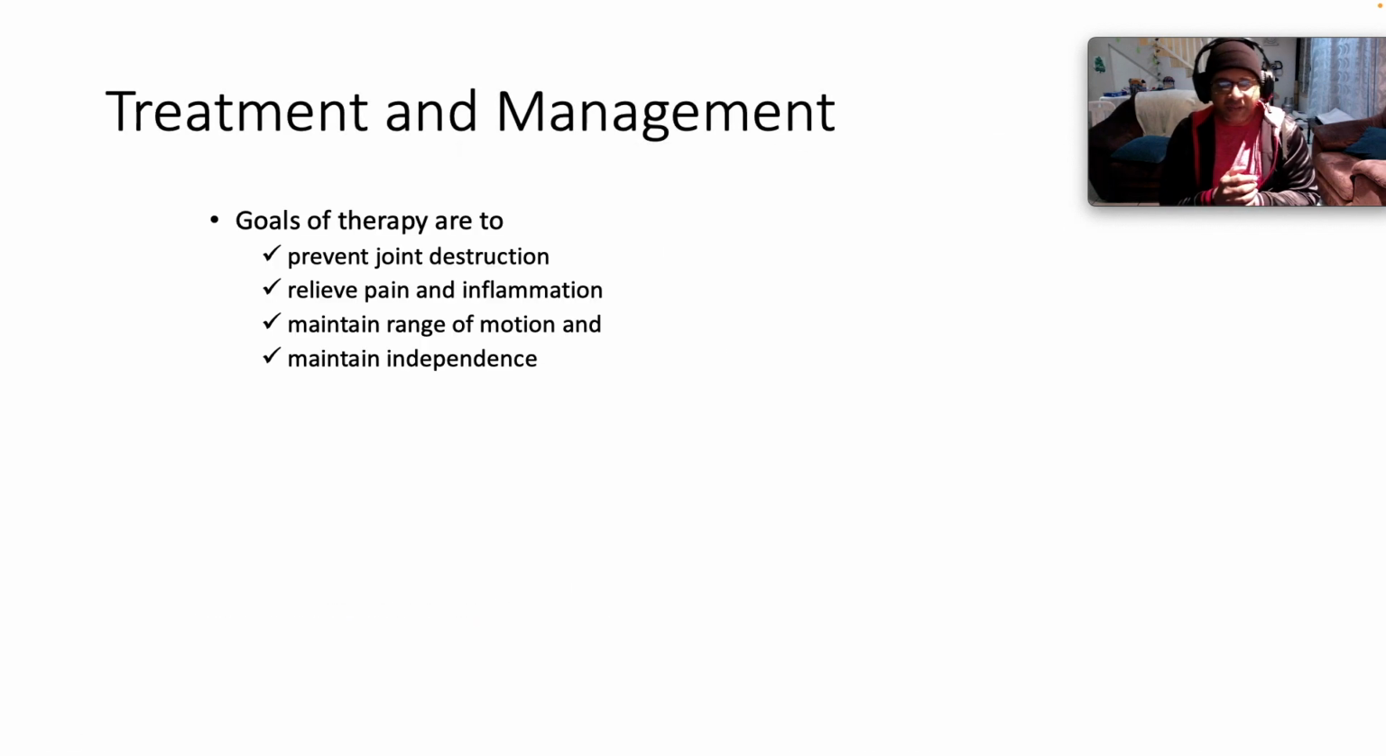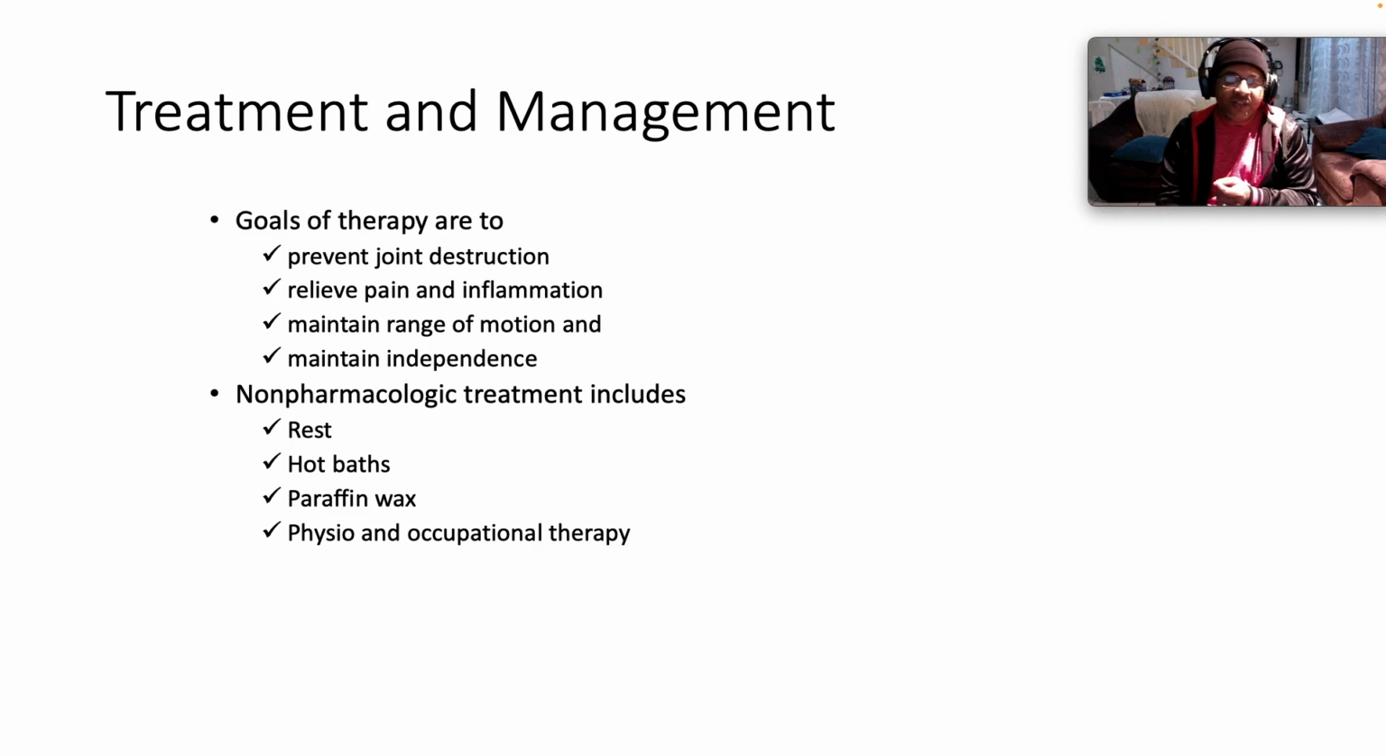Guys, how are we going to manage rheumatoid arthritis? So the goals of therapy are 4 big ones. 1, to prevent joint destruction, because you don't want permanent disability here. Number 2, you want to relieve the pain and inflammation, because these patients are significantly pained. Number 3, you want to maintain the range of motion. Number 4, maintain independence. So to this end, we speak to non-pharmacological treatment, which includes rest, hot baths, paraffin wax,